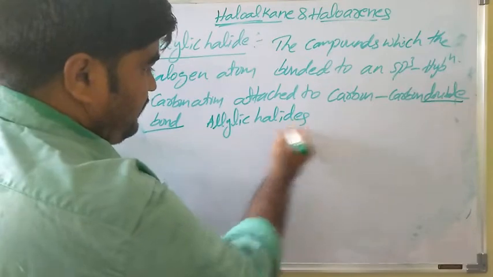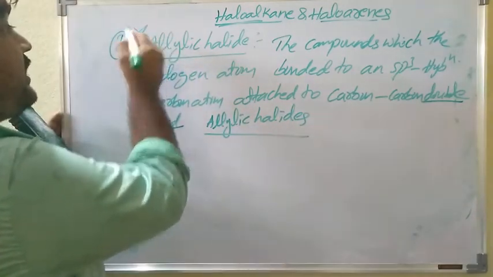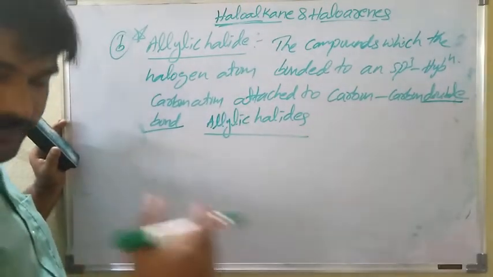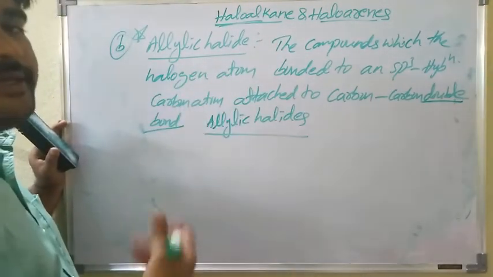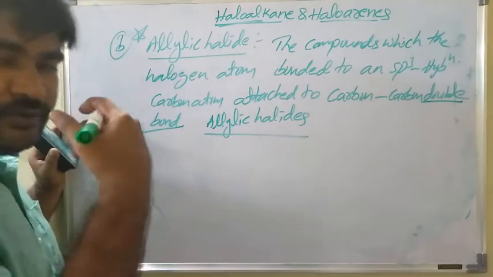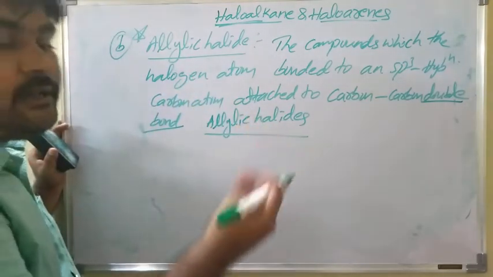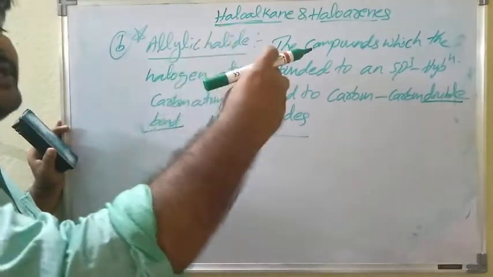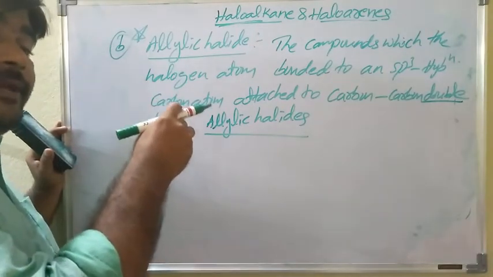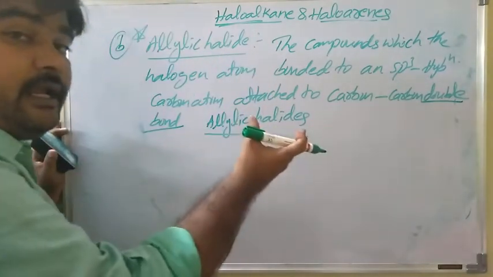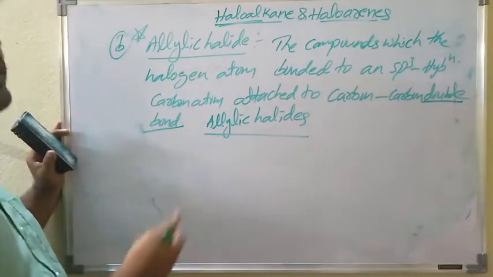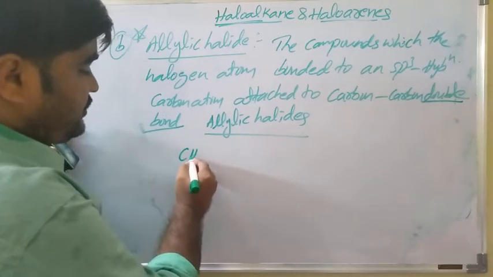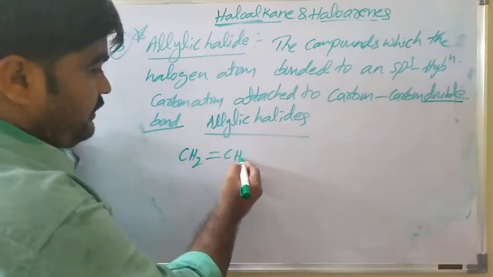I will write one example. Very important, allylic halides. How to identify allylic halides? Is the compound an alkyl halide or an allylic halide? It plays a very important role in further chemical reactions. You should know what alkyl halides are and what allylic halides are. Whenever the halogen atom is attached to an sp3 carbon atom, and that sp3 carbon is immediately attached to a carbon double bond, that means an sp2 carbon. See, I will write here an example, CH2 double bond CH2